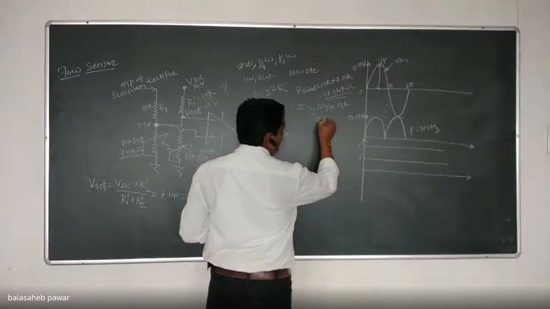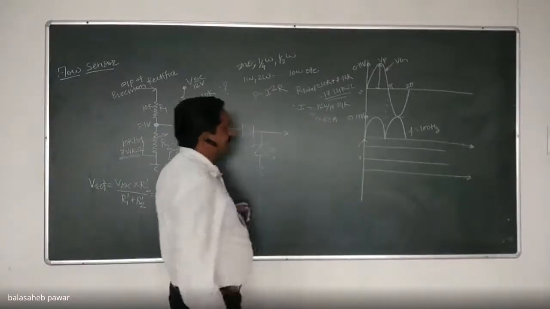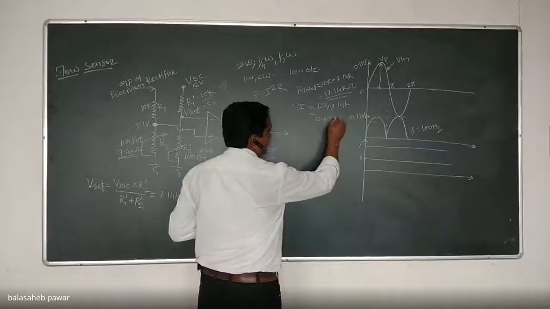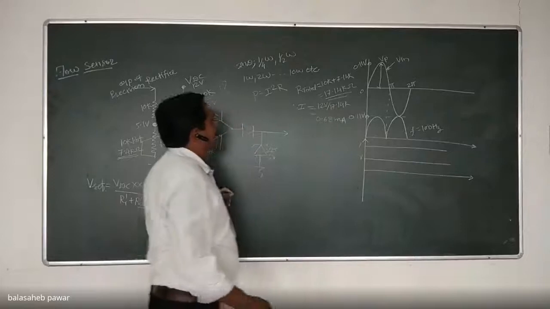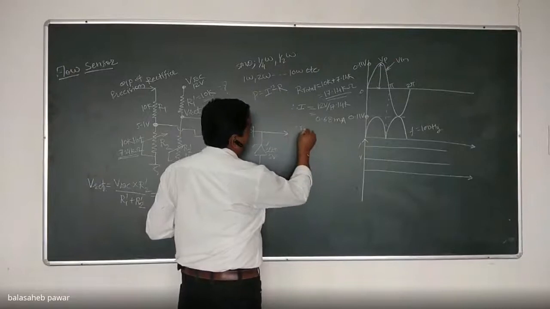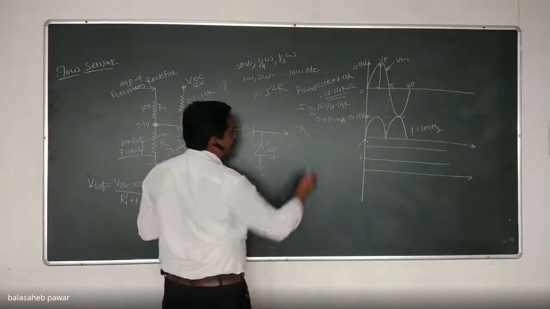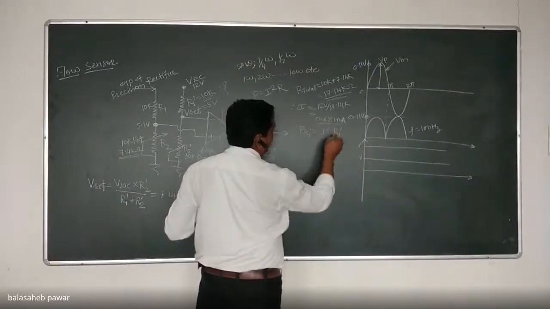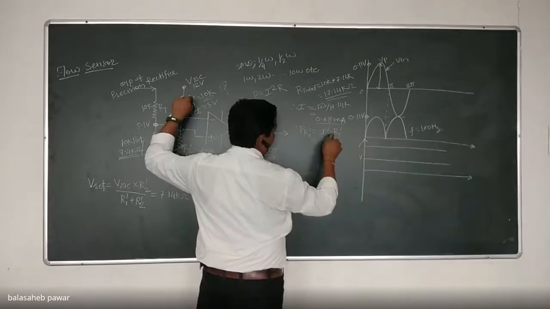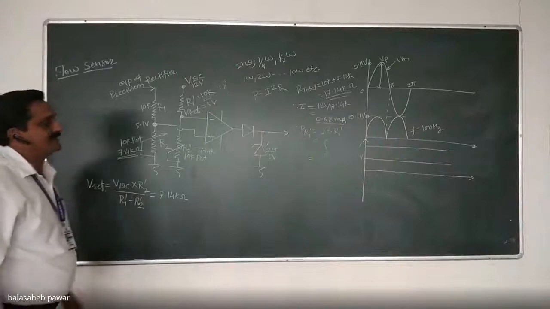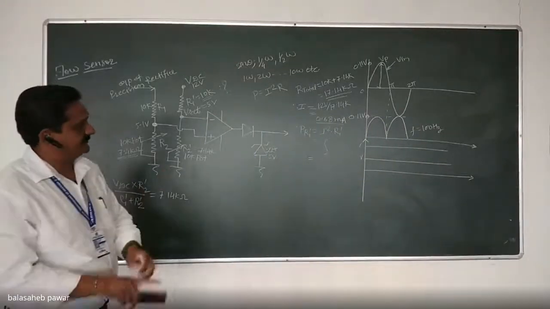0.7 milli. 0.68. 0.68 milliamperes. Right? It will be in milliamps. And therefore, how much will be the power drop? Therefore, the power drop across R1 dash equals simply I squared into R1 dash, right? So just take its square into R1 dash, which is 10K, and you will get the answer. 0.68 milli squared into 10 kilo ohm.